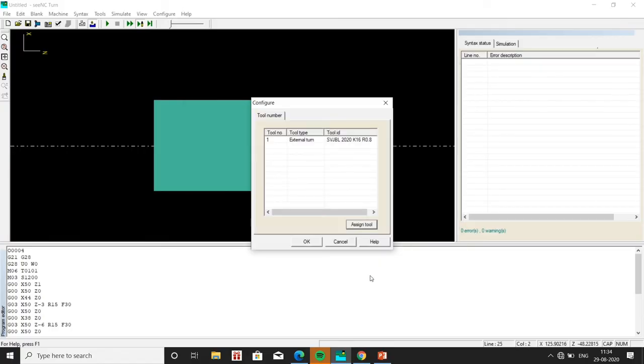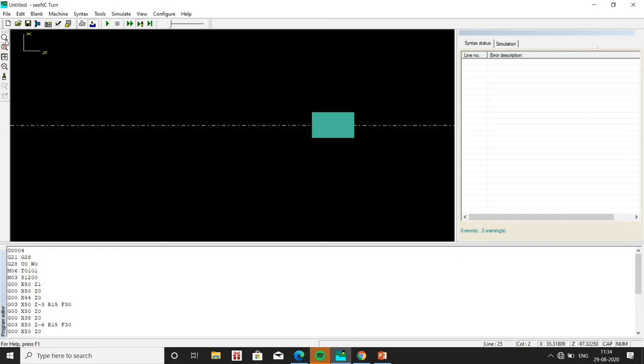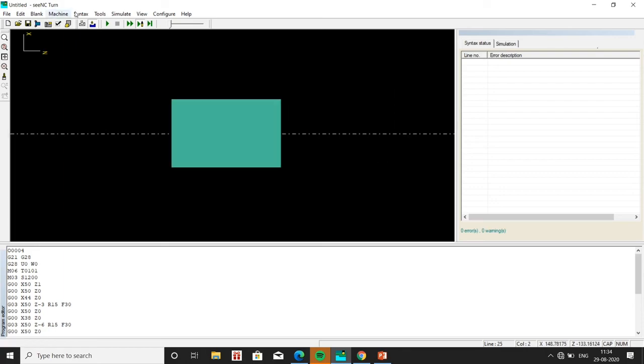So once all the feed values are given and the tool is mentioned, now click on play button and just follow how the cutting operation takes place as the program proceeds step by step. Click on play.